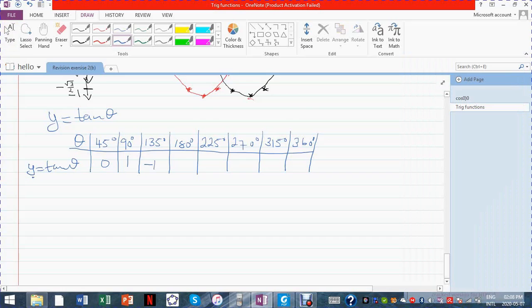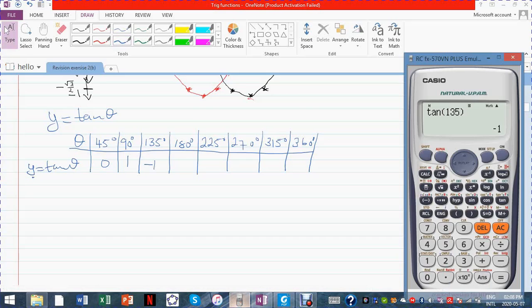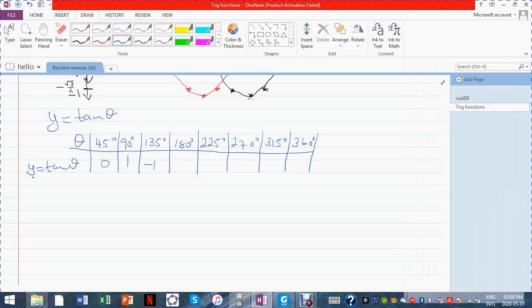And what about tan of 180? No, sorry, I think I made a mistake. Tan 45 is 0. No, can't be 0. Yes, the mistake is actually here. Supposed to start with